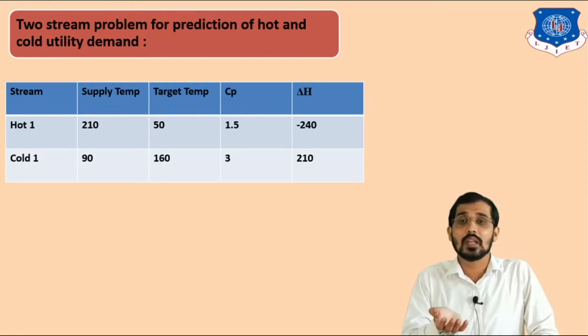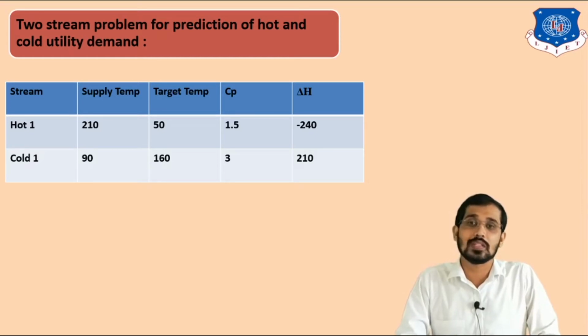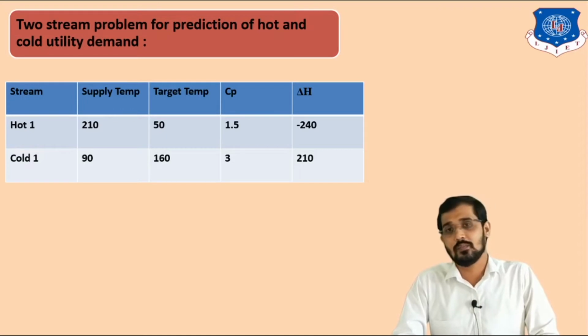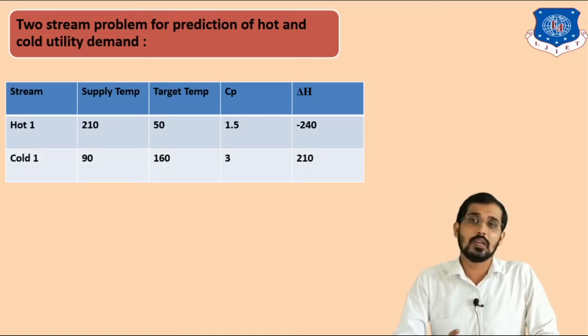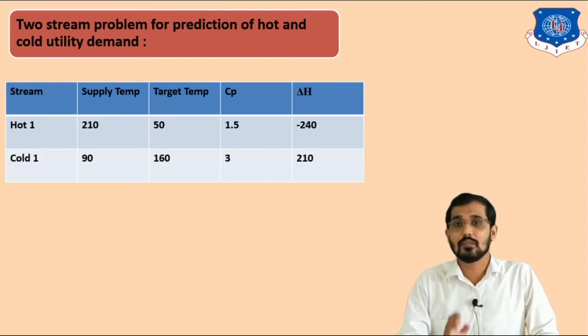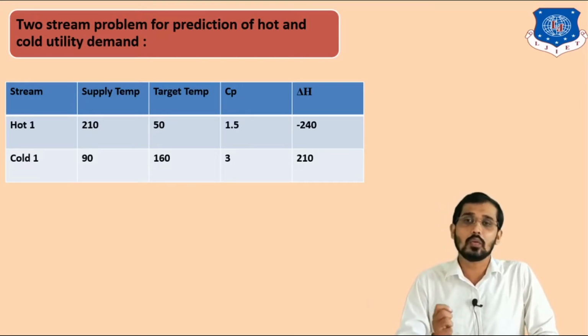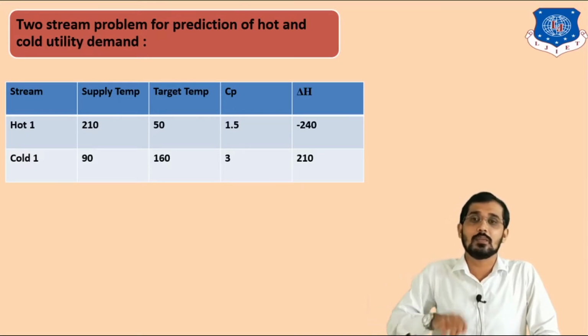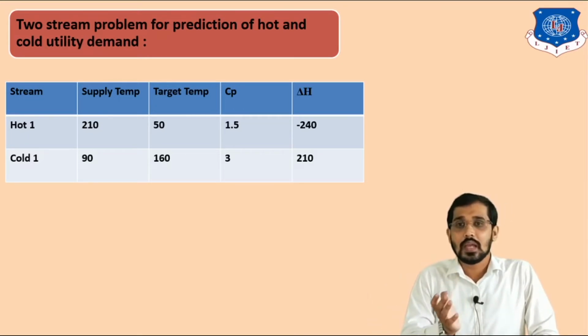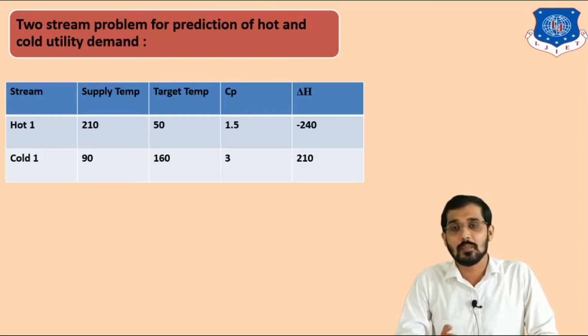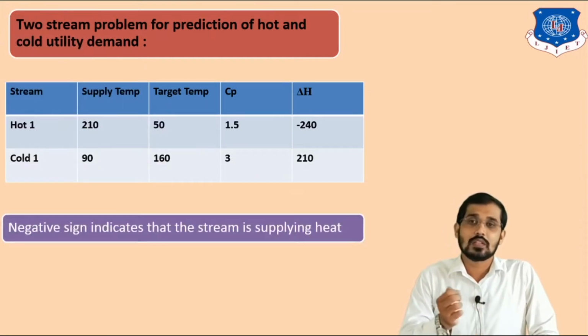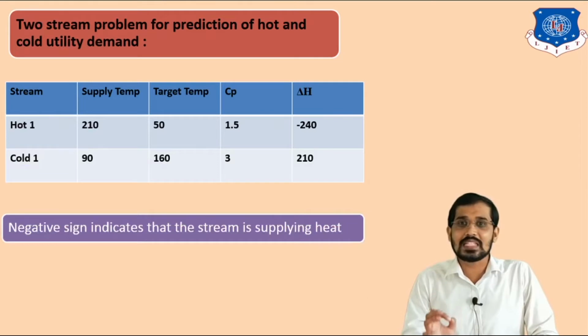This is nothing but the enthalpy change, and the enthalpy change is minus 240 for the hot stream and for the cold stream it is 210. So why is there a negative sign in front of the enthalpy for the hot stream and not in front of the enthalpy for the cold stream? Because we are removing excess heat from the hot stream by using the cold stream. So whenever a hot stream is available, in that data you will have this minus sign in front of the enthalpy. You can see on the screen, the negative sign indicates that the stream